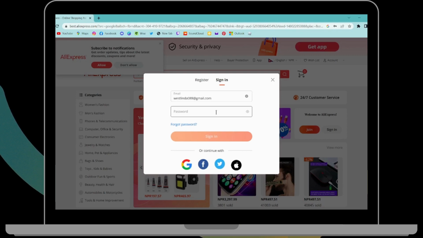But if you remember your password, then simply enter your email address and then your password, and you can click on sign in. And that's it. That's the way to log in or sign into your